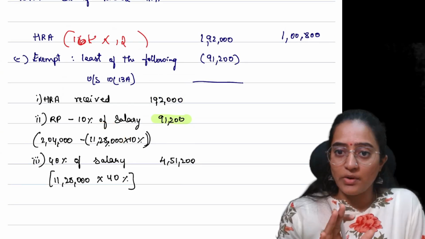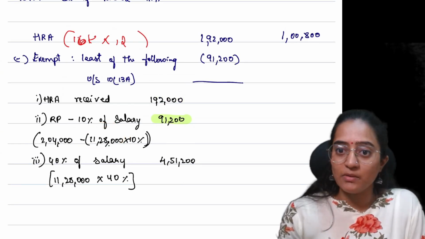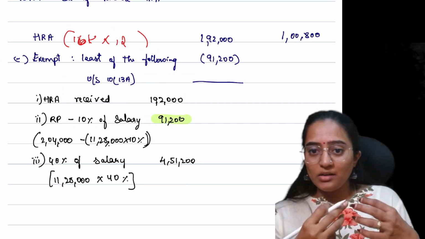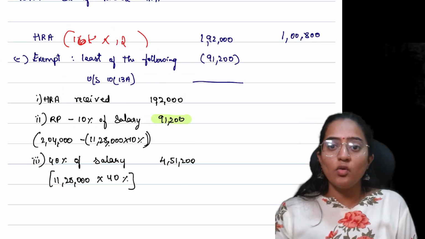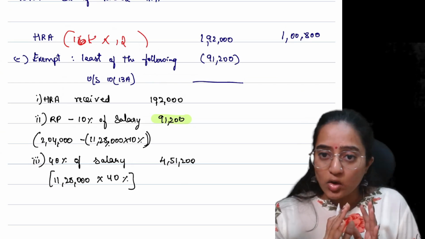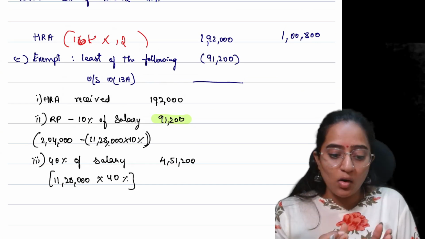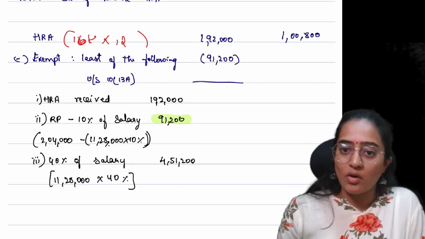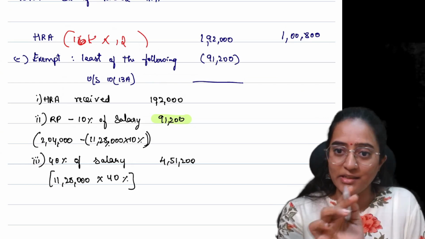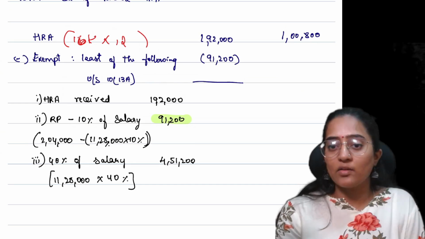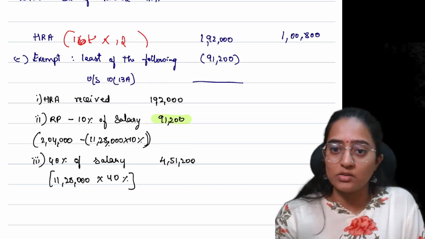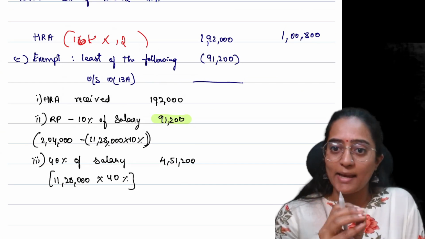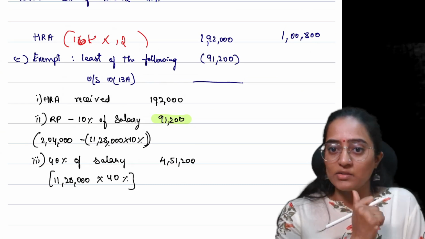I hope all of you have understood, because this is something we are doing in RTP. Solving in RTP means you have already done the majority of the questions and you already know how to solve, and you are looking for a clear idea of the steps. That is why I'm not writing so much and explaining. In the regular classes, we do the writing and solving of the questions. This is the RTP. The intention is to save as much time as possible and get the concept as quickly as possible.